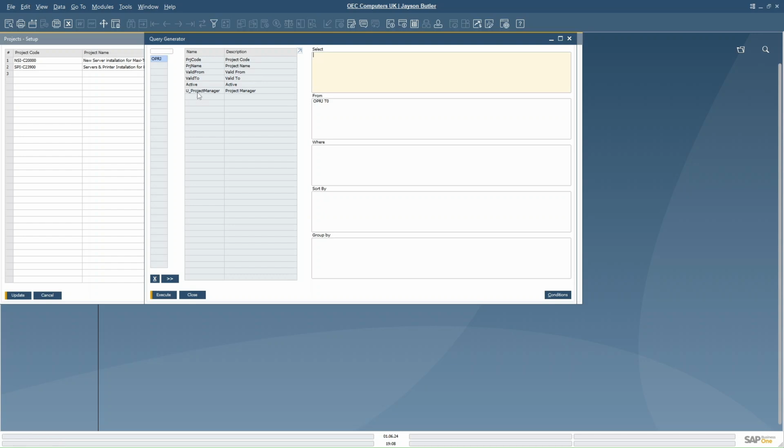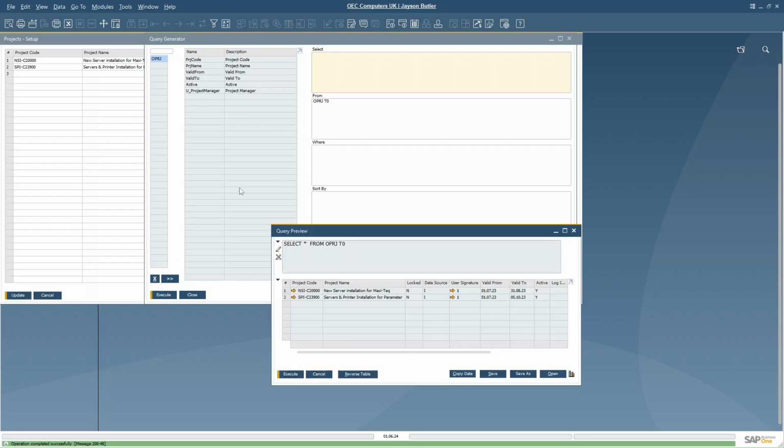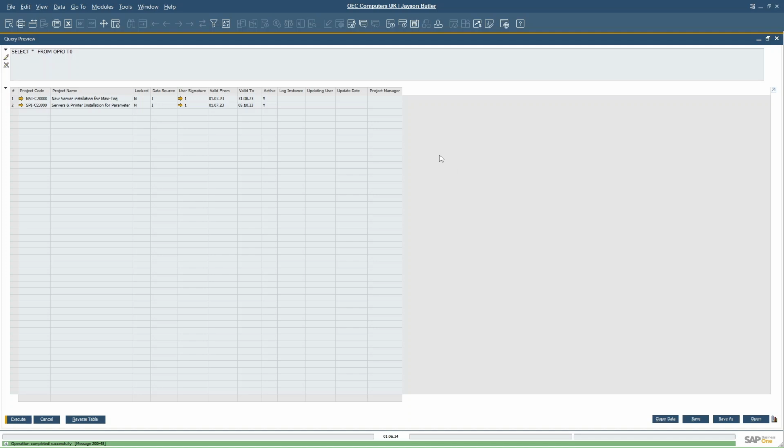So you can see the UDF created, U underscore project manager. Any UDF created will be prefixed with U underscore. So U underscore means it is a UDF field. If I execute this one, I can see the project manager, a new UDF created under the object project.